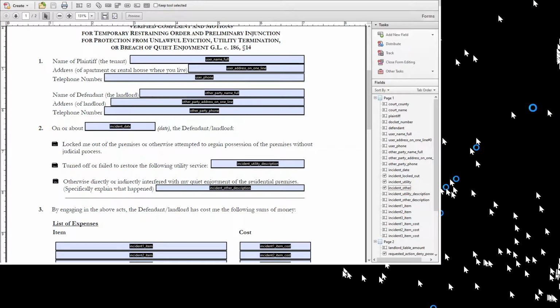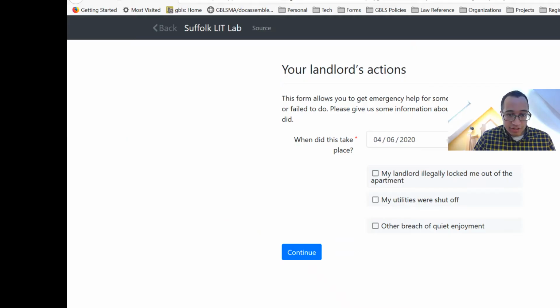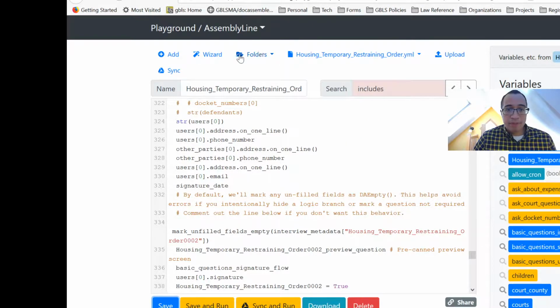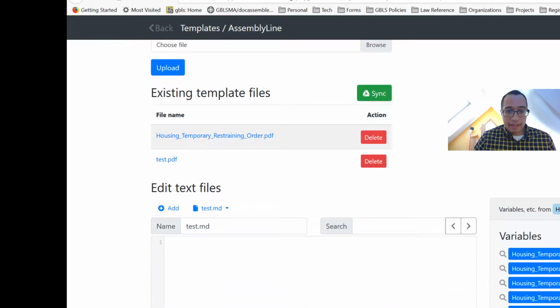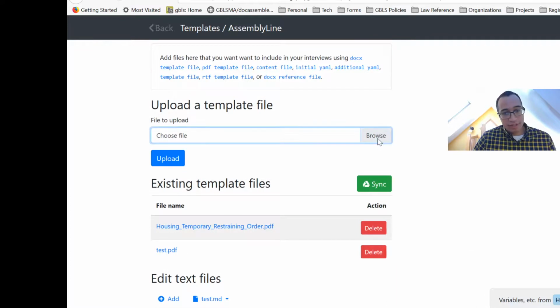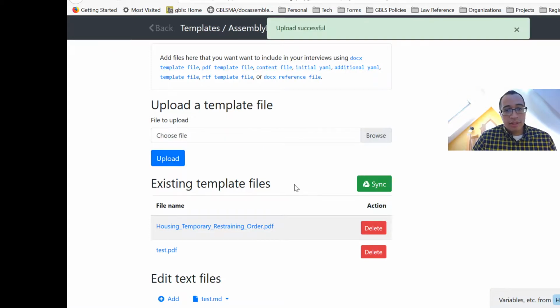And I have to hide that window. Okay, this is doing something weird to you guys. Sorry. Here we go. All right. I'm going to re-upload the form. So I'm going to go to my templates folder here. And the simplest way is just to use this upload. Okay, so